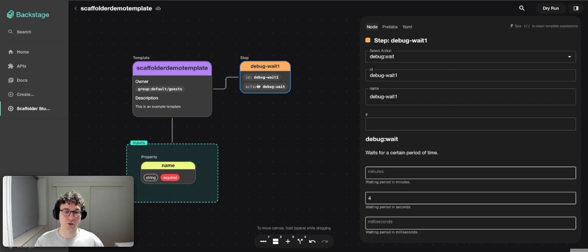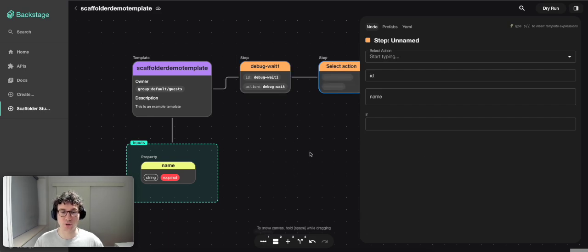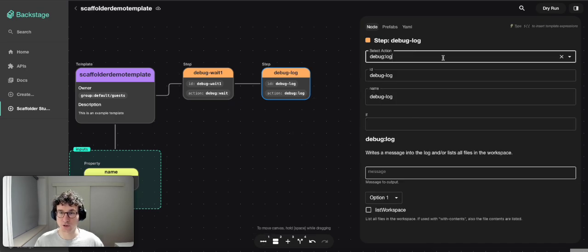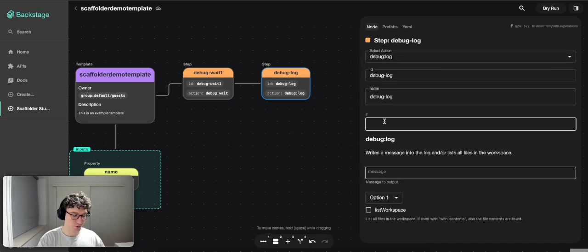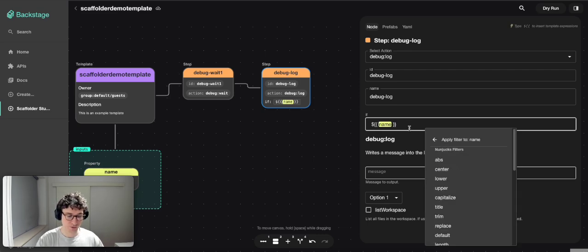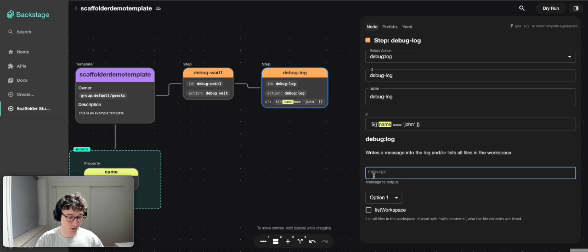Let's add a new action. So we add the new step node with the toolbar or the shortcut. This one will be a debug log action. And this one, let's only run this if the name property actually equals John. And if the name is John, let's say